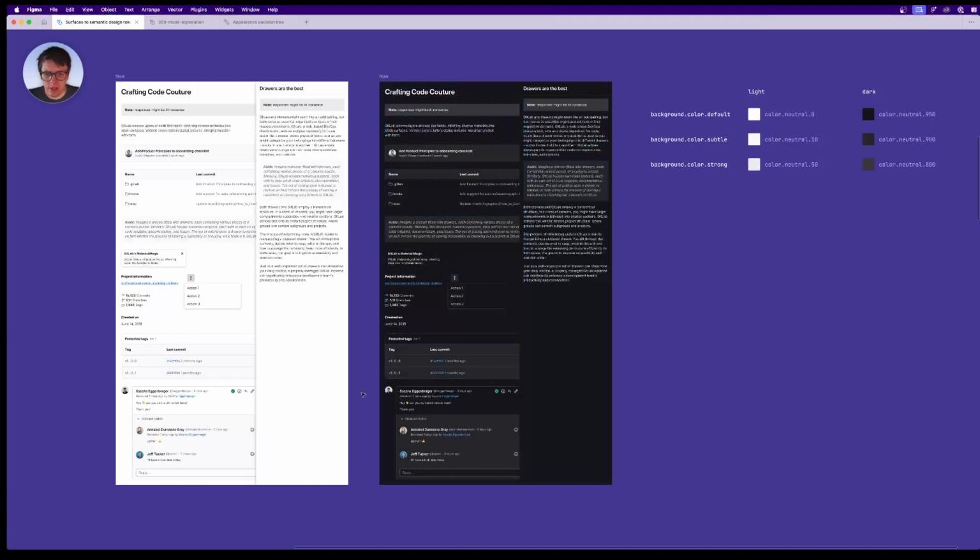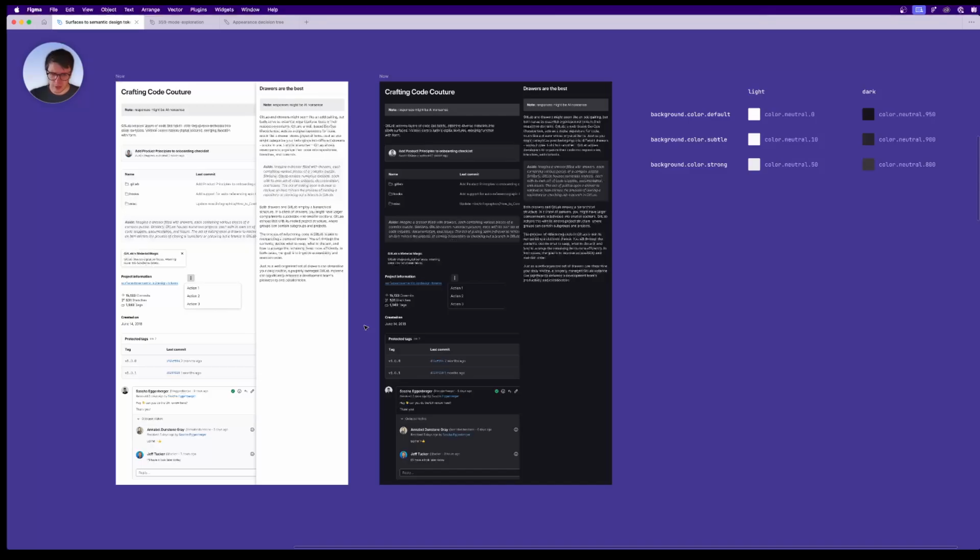The opposite becomes true. So I saw some ideas exploring adding some contextual tokens to make this not be background color default. So it might be drawer background color, dropdown background color. But I think we can get 80% of the way